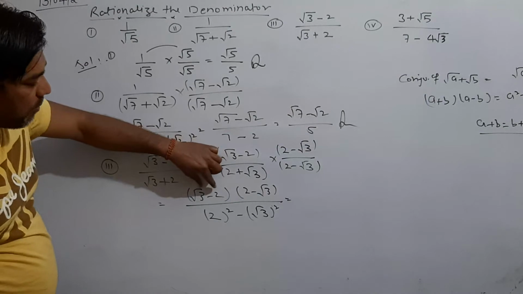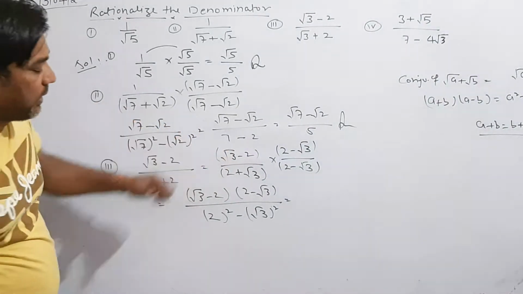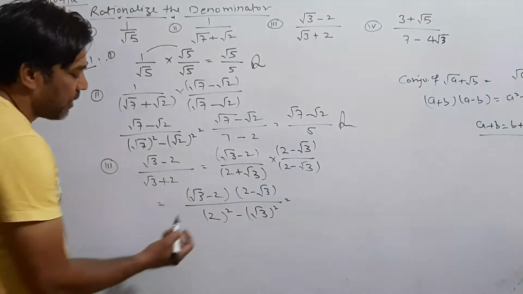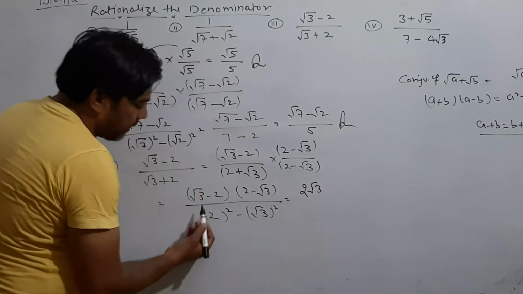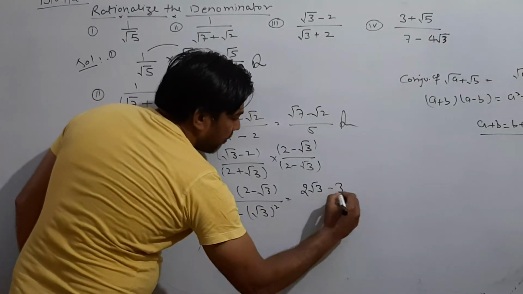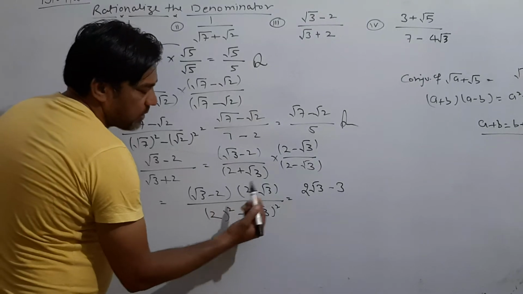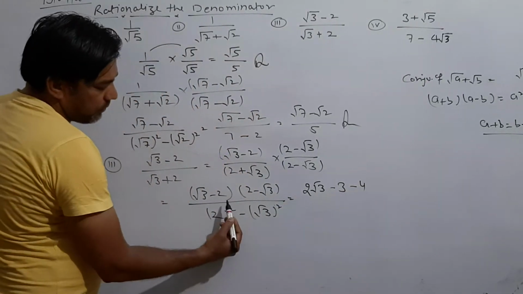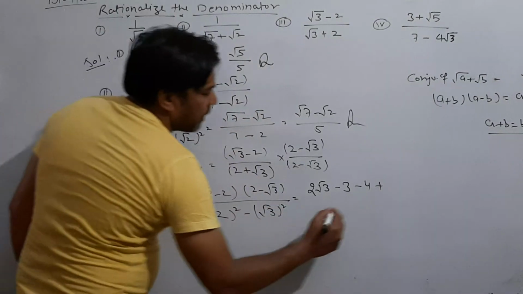So now multiply these brackets, meaning this is the product of binomial to binomial. I've already explained in my earlier video how you can multiply them. So root 3 into 2, this is 2 under root 3, and root 3 into minus root 3 would be minus 3, minus 2 into 2, plus minus, and 2 2s are 4. This is minus 4, and minus plus, and this is 2 under root 3